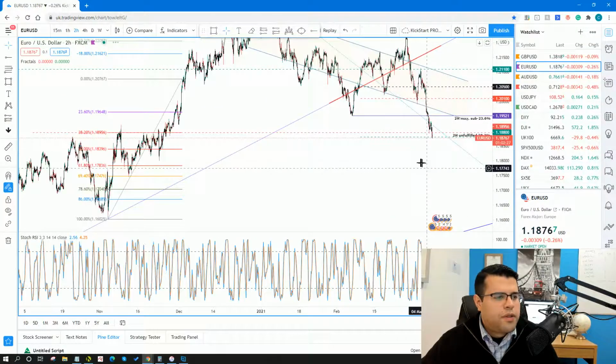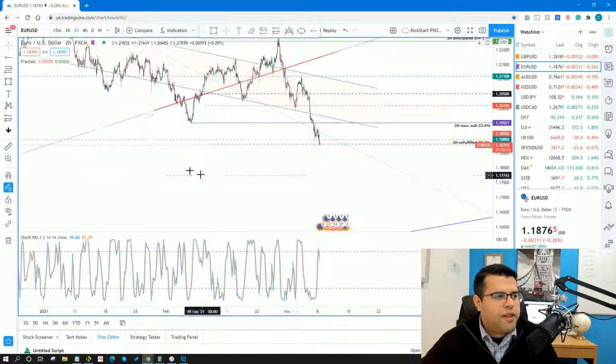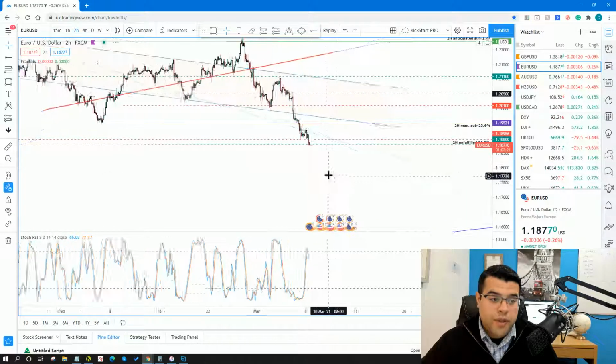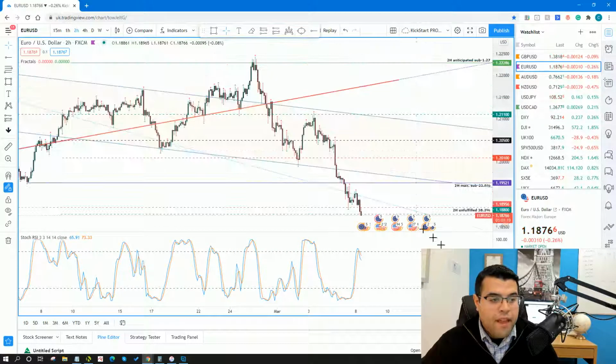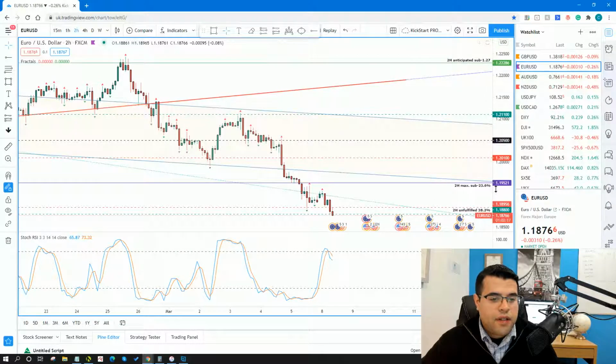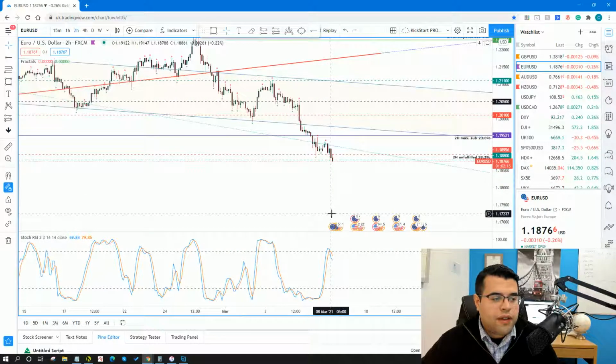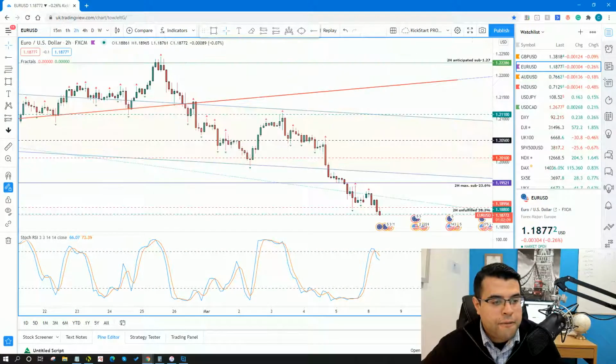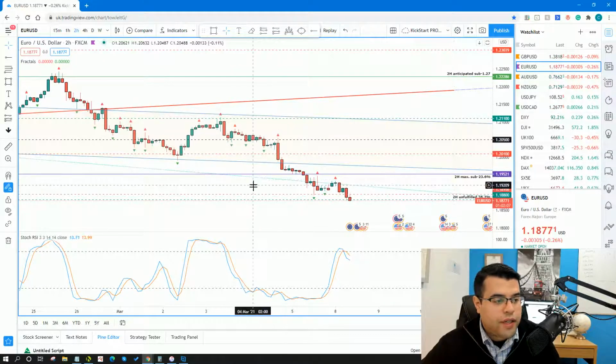And actually, oops, hang on, I spoke way too soon. Sorry about that. Because I've actually just turned to the 2-hour, so the 4-hour doesn't look great, but the 2-hour actually has not only a formation, the stochastic is completely overbought, and U-turning, leaving the sell zone now. So, okay, this is very interesting, actually.